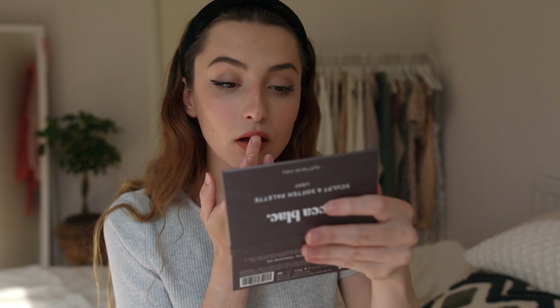This lip color is gorgeous. I'm not kidding. Like Jacka Black, like what? My lips look like $1,000,000. I'm not even kidding. This is amazing. Now I'm going to take this pearl shimmer again, a little bit on my finger here,